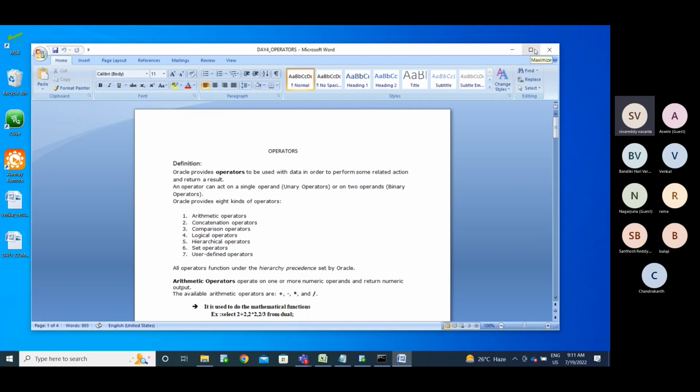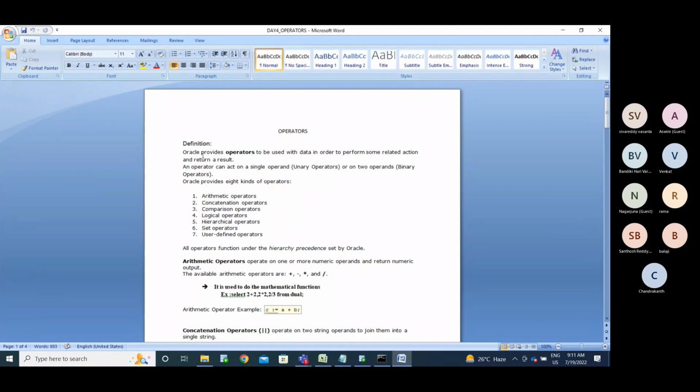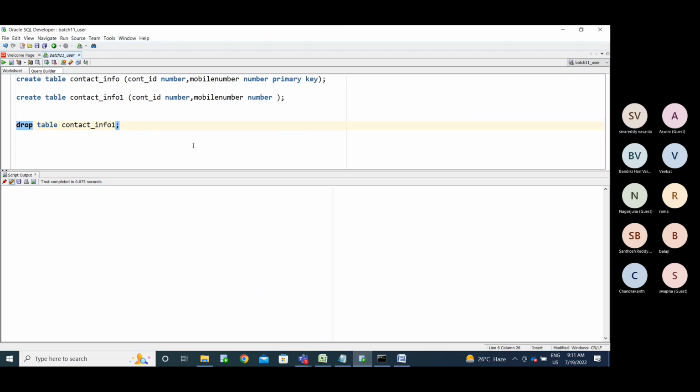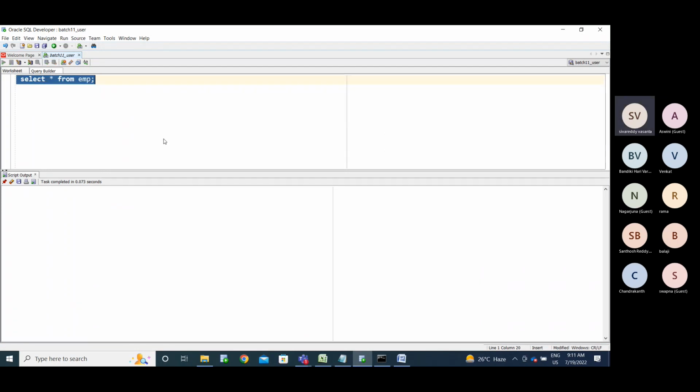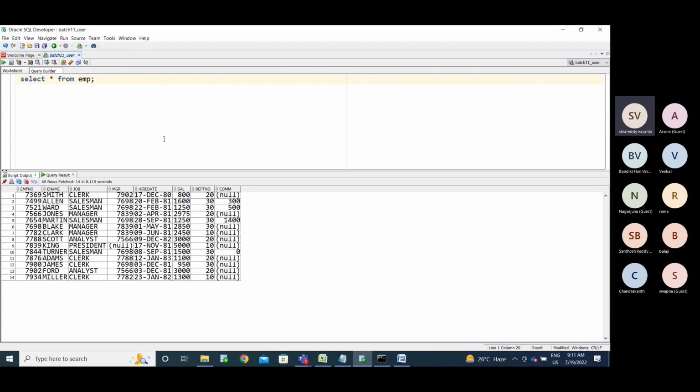Today, operators. See the definition. Oracle provides operators to be used with the data in order to perform some related action and return a result. Meaning, select star from EMP. You have this data now. So if you want to filter the data, if you want to retrieve the data about Smith,